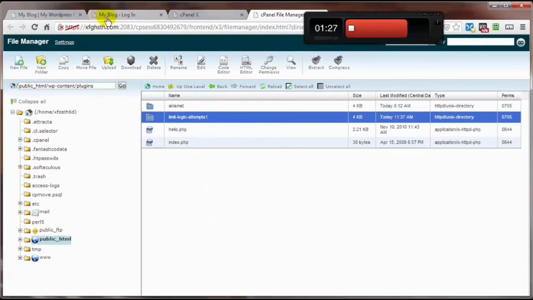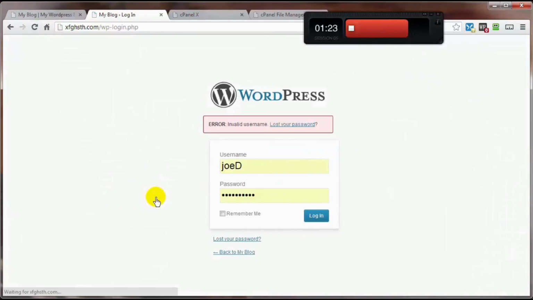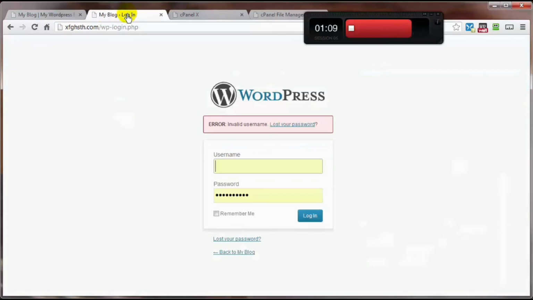And then come on back here, refresh, continue, and then you just type in the actual username, because you can see that you're not limited by the time factor anymore. But as soon as you activate that plugin again by renaming it back to the way it should be, then the remainder of that amount of time is going to be ticking down. And that's it. That's how you can get back in if you forget your own stuff as an administrator,